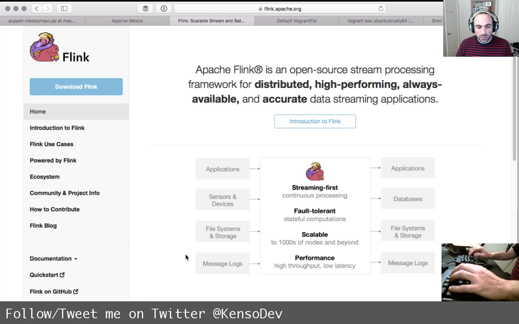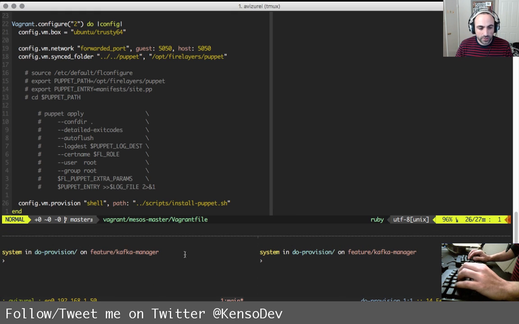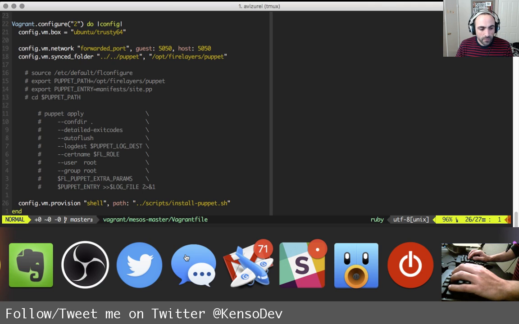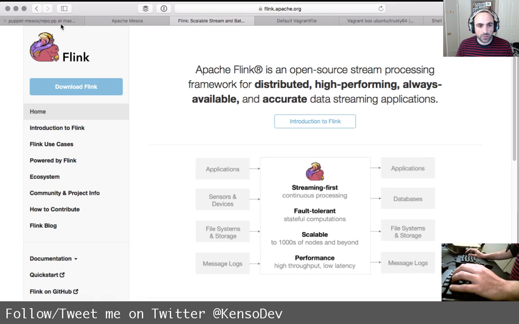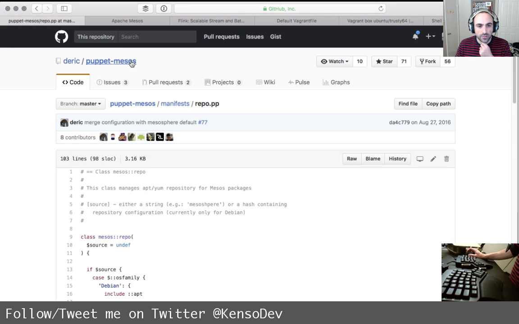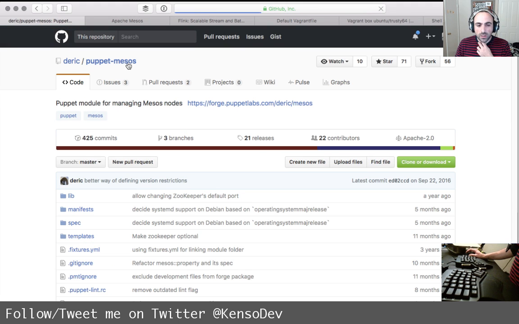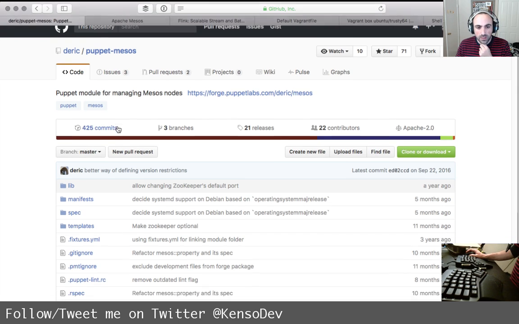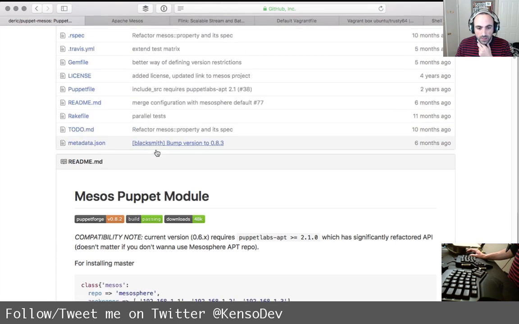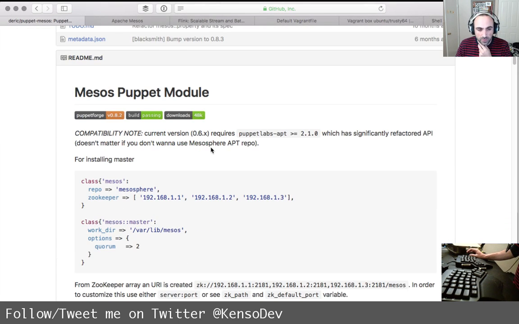Okay, so let's go ahead and continue. And I think now what I'm gonna do is look at this Puppet Mesos module. It's pretty recent, I mean, September 22, 2016. I think it's safe to assume this is good. Thanks.